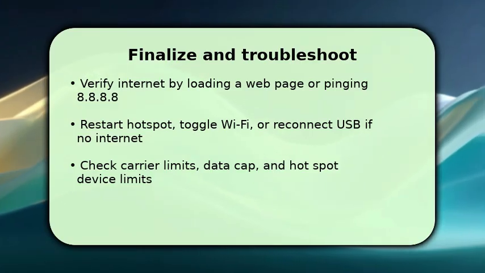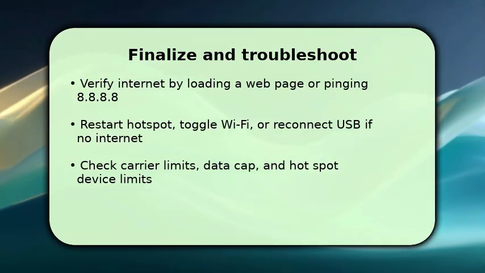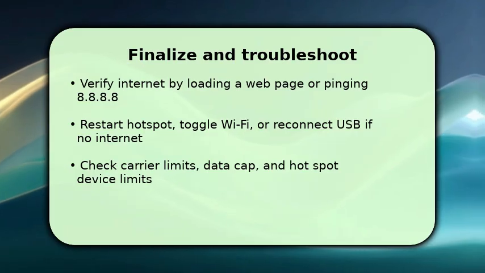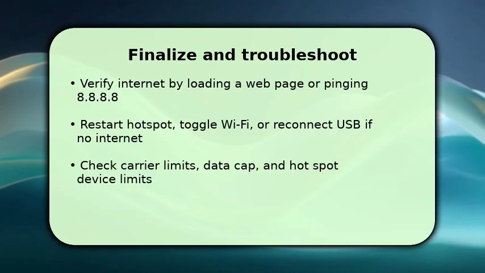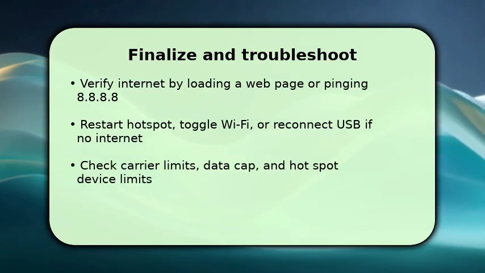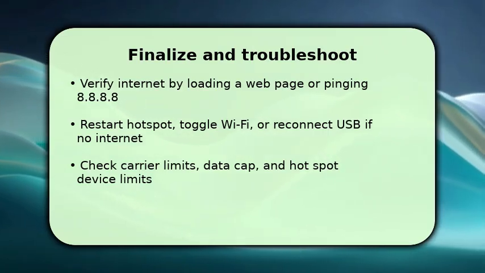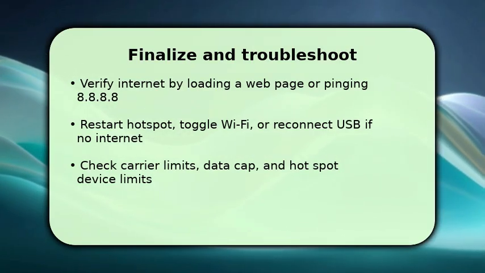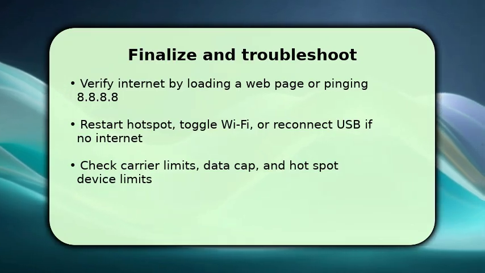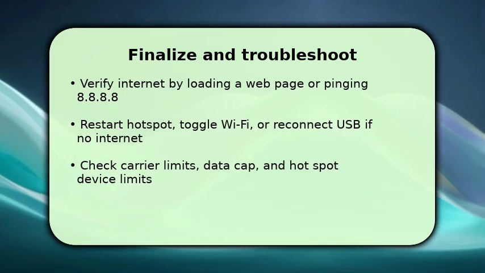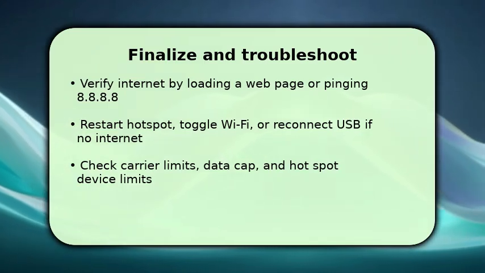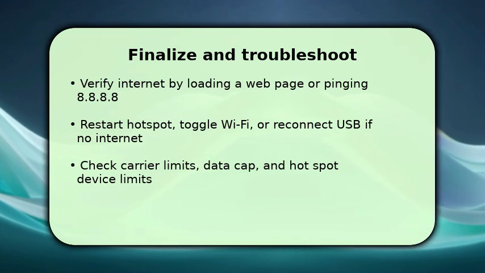If pages fail, toggle the phone hotspot off and on, then reconnect the PC. Make sure the phone isn't in low power mode or running a hotspot device limit, and try USB tethering if Wi-Fi remains flaky. If you still have issues, restart both devices and check your carrier's tethering policy or data cap. One key troubleshooting tip is to temporarily disable antivirus or firewall on the PC to